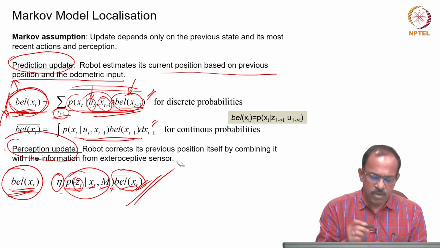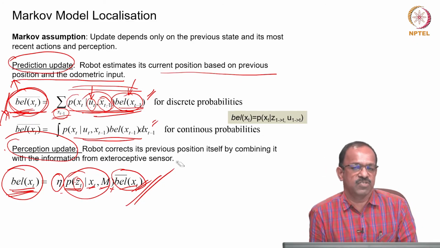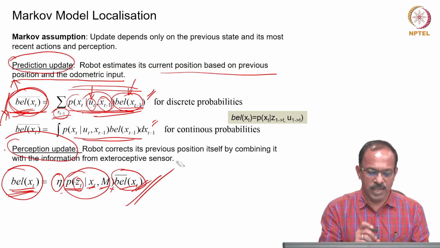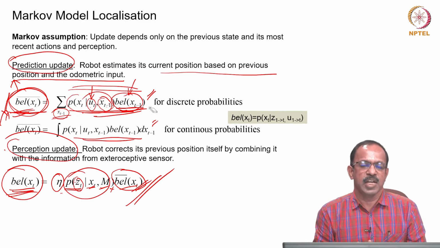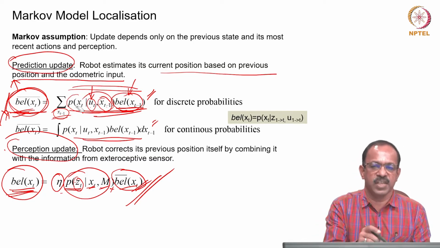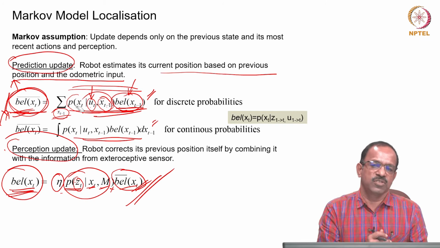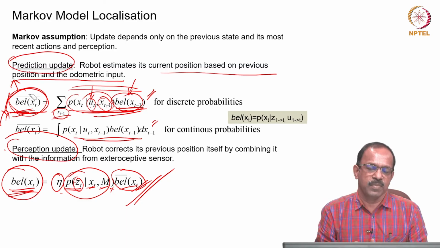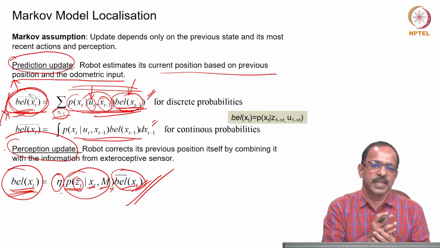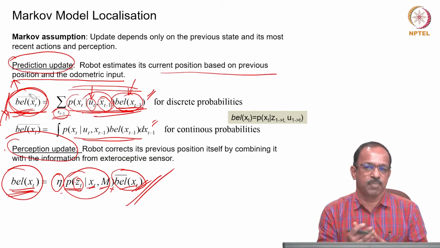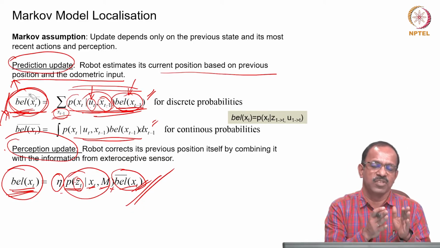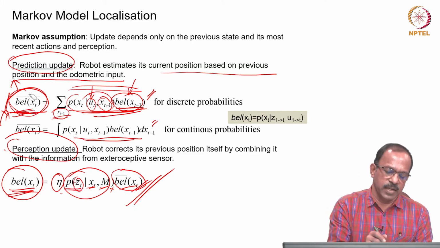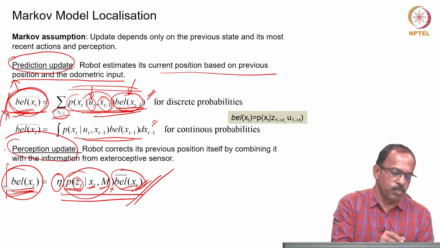So, this is what we actually do in Markov localization. The first step is to find all the probabilities that the robot is at xt minus 1, that is belief xt minus 1, then multiply that with the probability that the robot is at xt when a control input is given to the robot. That will be the belief bar xt. Then from that belief state, you multiply with the sensor information, or the probability that the robot is seeing an object zt from the current location xt, and that will give you the new belief state xt.